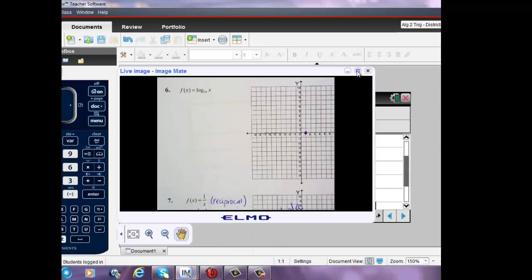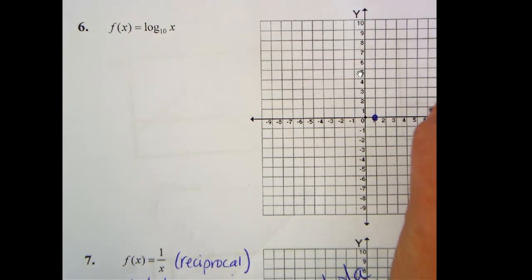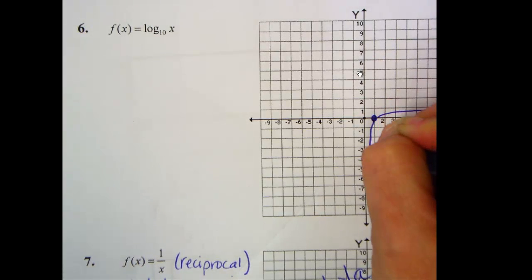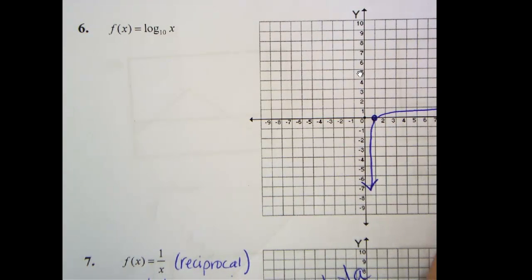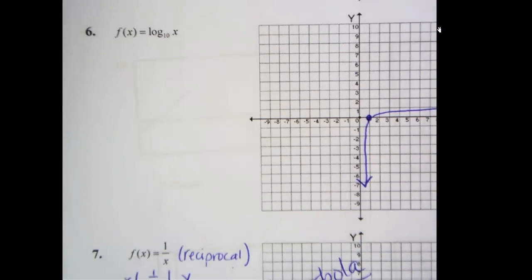So we will go to our graph and plot the point (10, 1). So really only 2 points are going to determine that curve for now and show that the y-axis is an asymptote. And that's the best we can do. So we now have our 7, let me zoom out, sorry, our 7